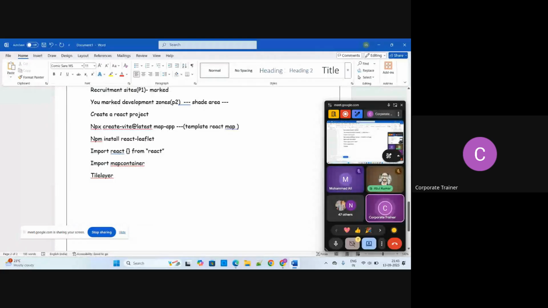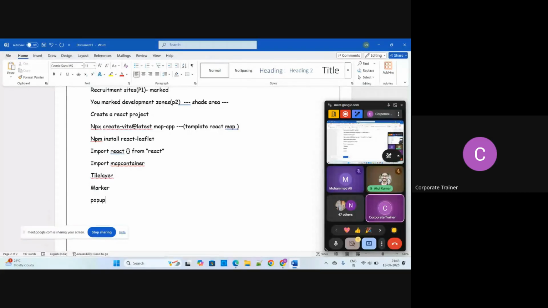Marker is a pin on the map. Sometimes you want to pin something on a map, so you use a marker. You also have to use Popup. A popup is the information box that shows when you click the marker or the zone.